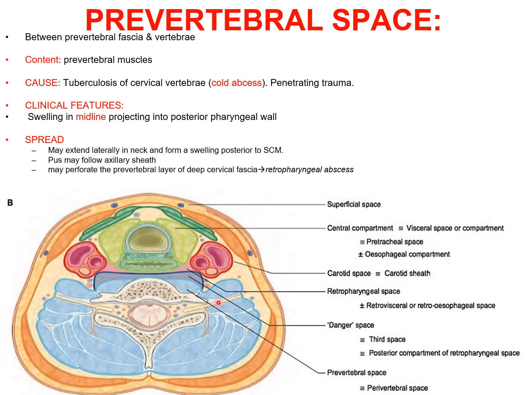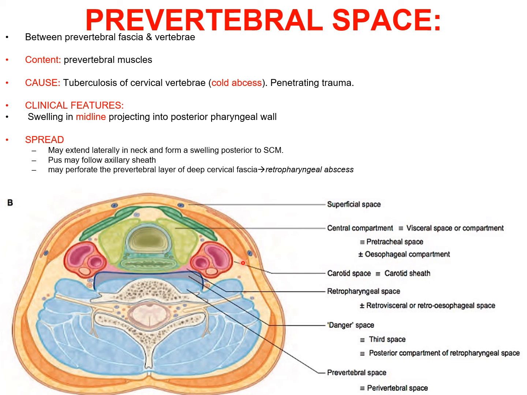How can the infection come into this prevertebral space? From tuberculosis of any cervical vertebrae or from penetrating trauma. So if the infection is there in the prevertebral space, it might result in swelling in the midline projecting into the posterior pharyngeal wall. The infection from here may extend laterally into the neck and form a swelling posterior to